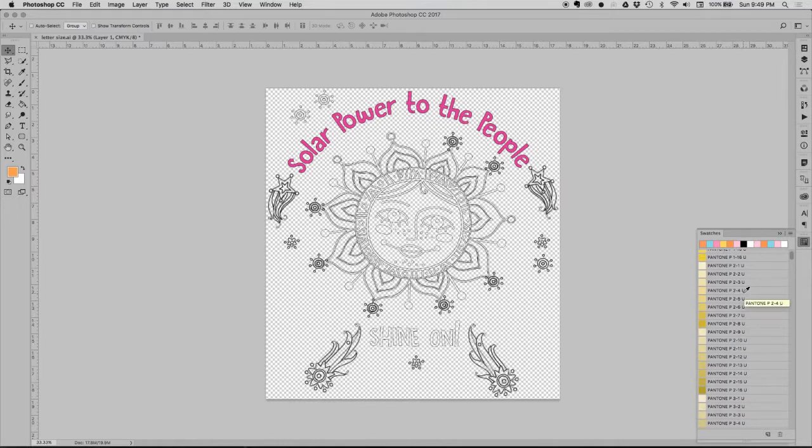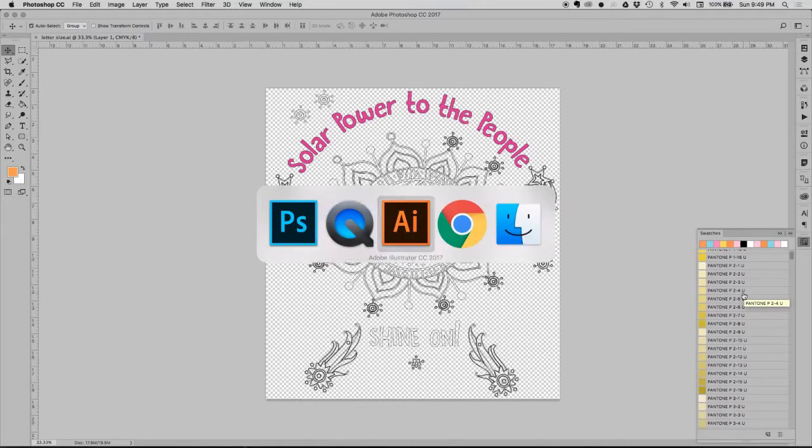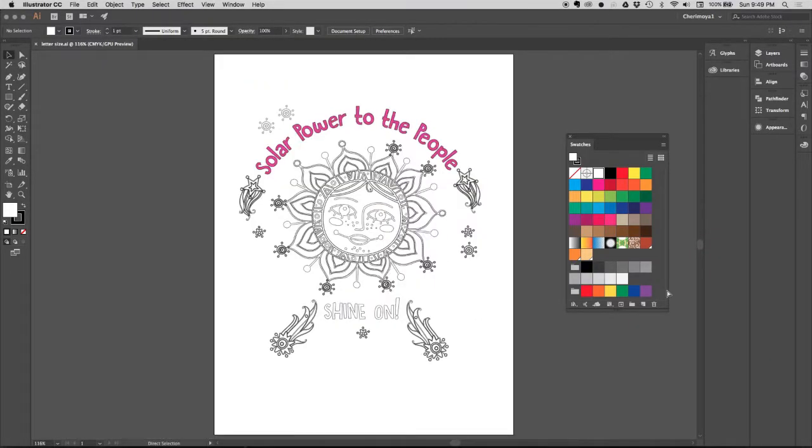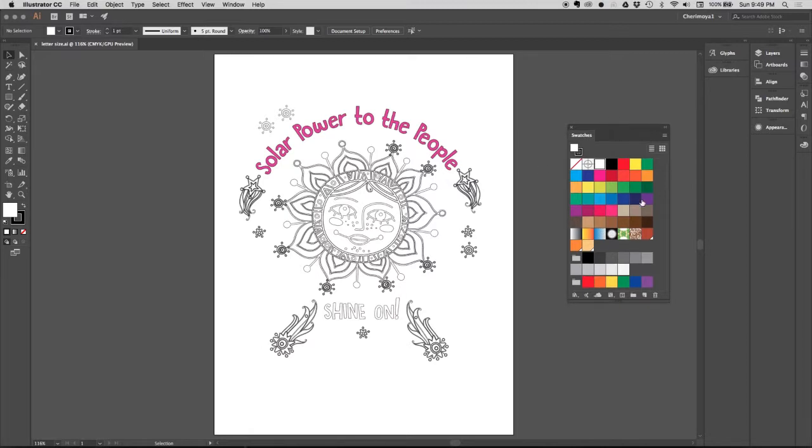I'm going to flip over to Illustrator, and then in Illustrator it's also very simple to pick your colors. Here are my swatches here, and what I like to do in Illustrator is clean out my swatch panel so that the only thing in my swatch panel are the colors that I'm actually using in the